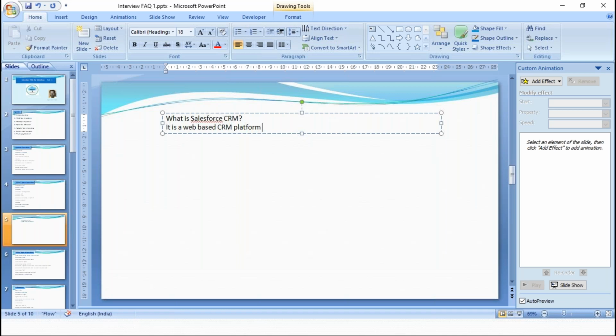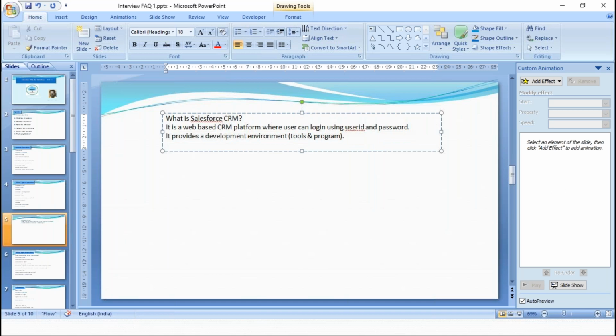So, it's a web-based CRM platform where a user can log in using user ID and password, isn't it? And it provides a development environment. The development environment is tool-based and program-based.